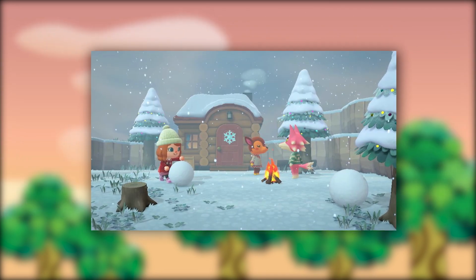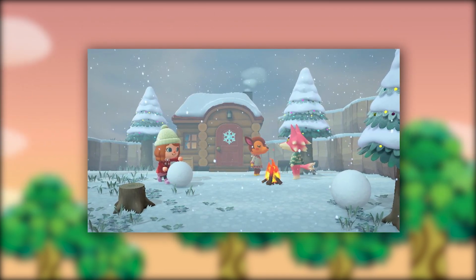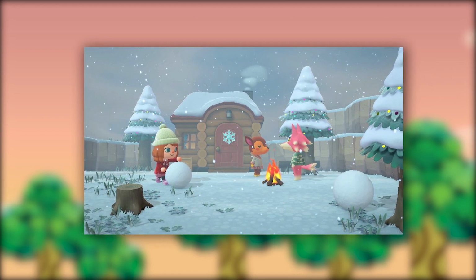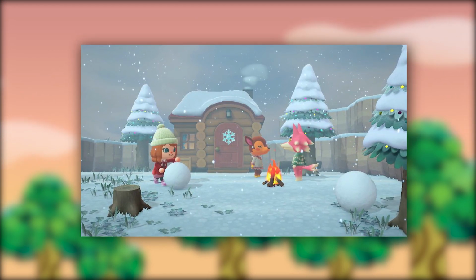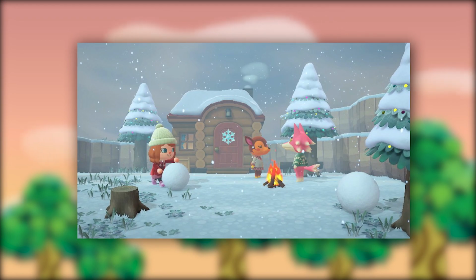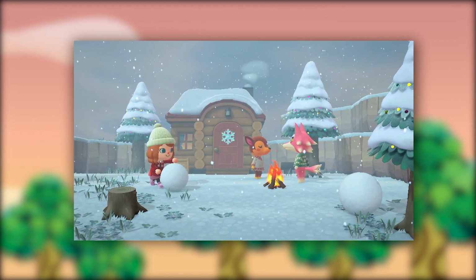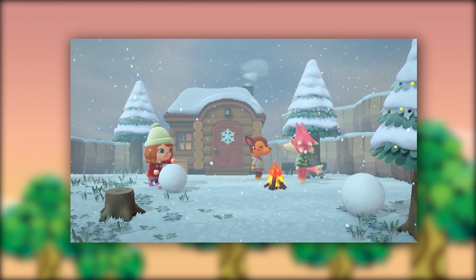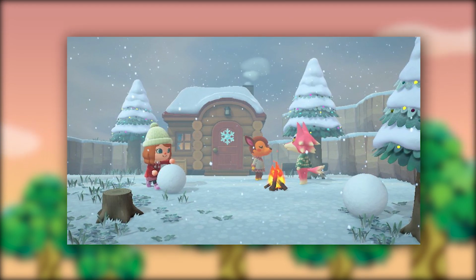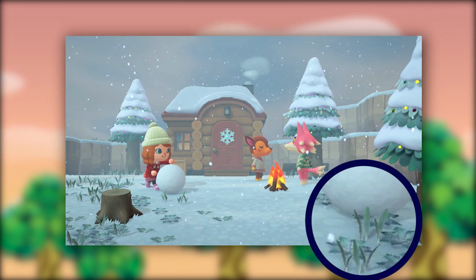So now let's compare the snowy ground with each other. As we know for a long time now, the weeds in New Horizons will have different levels and change their look depending on how long you let them grow. This already makes a huge difference and applies to every single season, which means that we also have different looking weeds. Another very neat but extremely beautiful detail is the bottom of the weeds, which is also slightly covered in snow. In New Leaf the weeds are only in a more brown or greyish color, which makes it look more